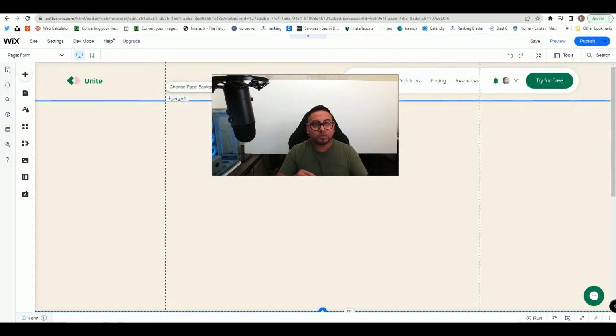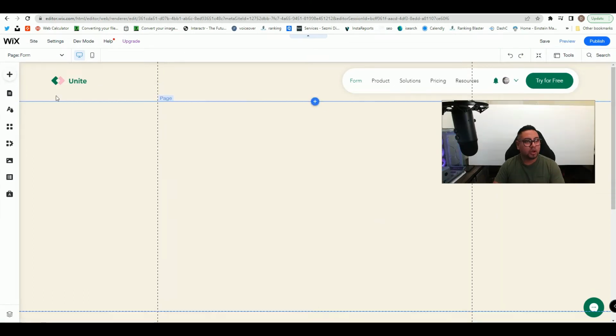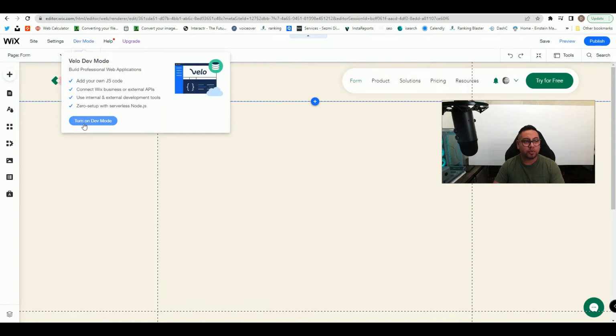Now when it comes to using the Wix forms, it's very limited. I believe it's like 10 or something like that. So I'm gonna show you one, how we're gonna use conditions, and then two, how to create the custom form using also some type of conditions in case you need to add multiple fields. So let's get started. Okay, so the first thing we're gonna do is turn on the developer mode,